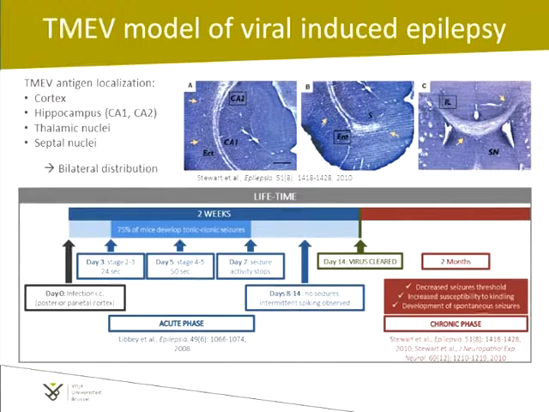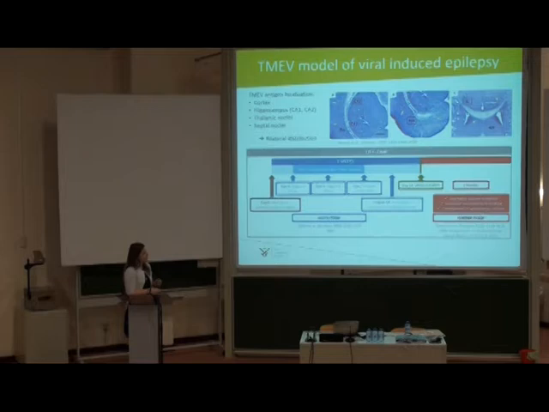These mice were also subjected to some seizure threshold testing and corneal kindling in order to investigate if their seizure susceptibility was chronically altered, and they saw a decreased seizure threshold and an increased susceptibility to kindling. And moreover, with chronic video EEG monitoring, they showed that 65% of these mice developed also spontaneous seizures.